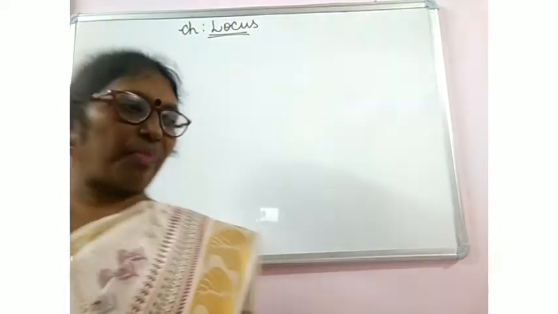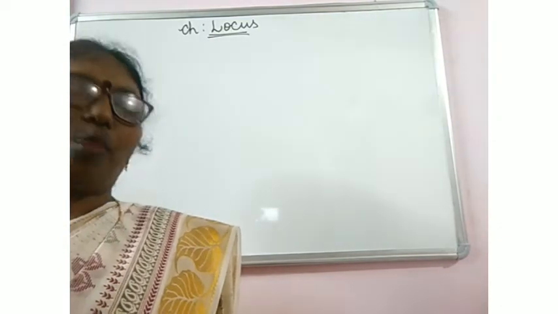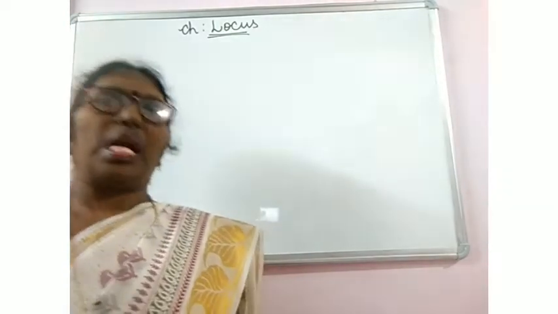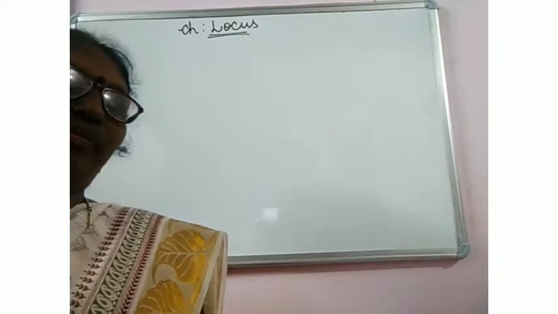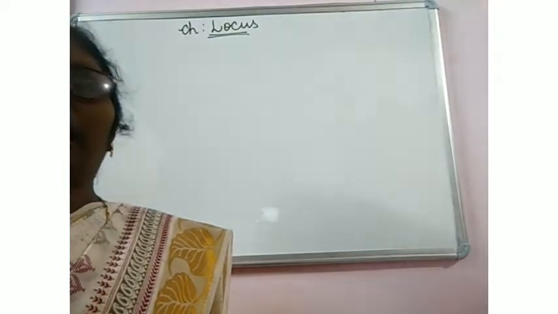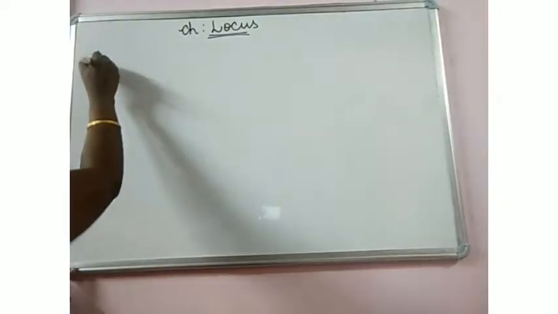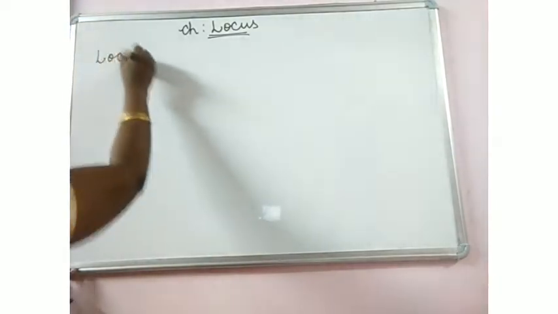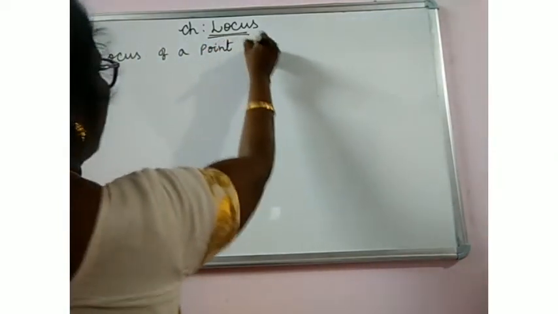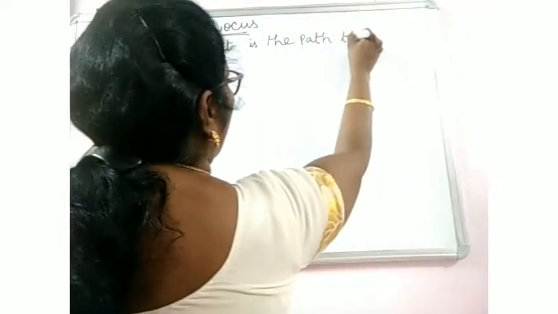Locus. The path through which a point moves in order to satisfy the given condition or conditions is called the locus of a point. So locus of a point is the path through which